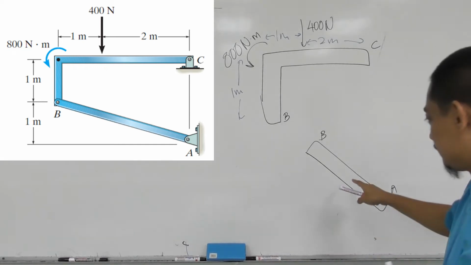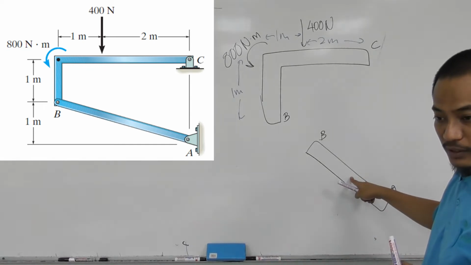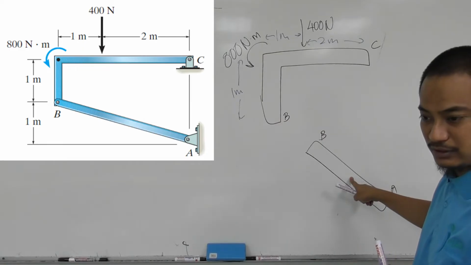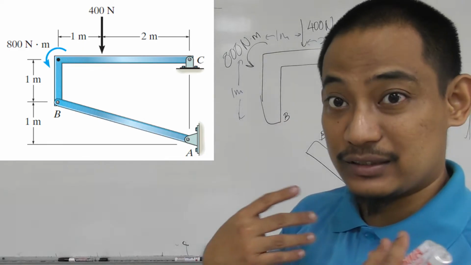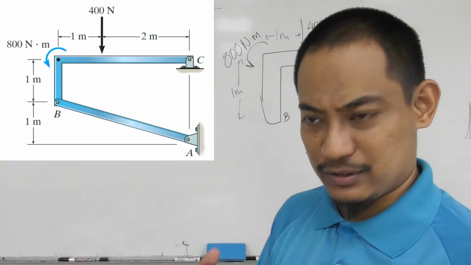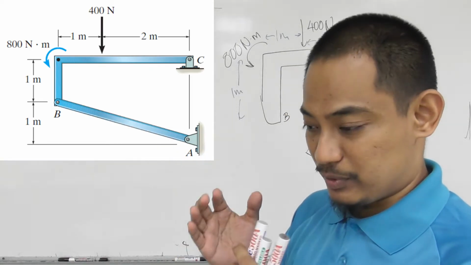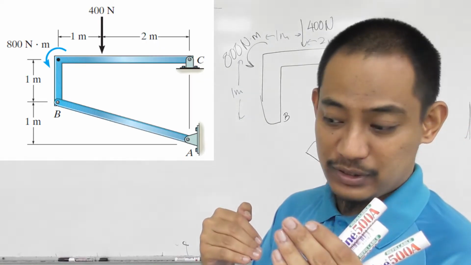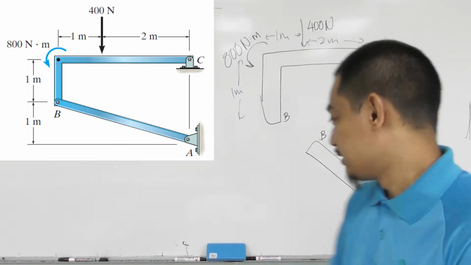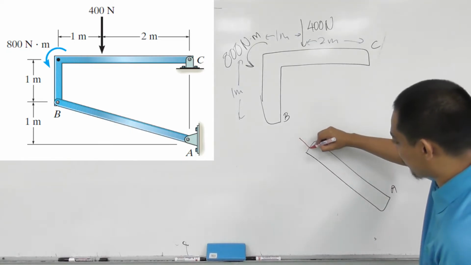So we have already identified that member AB is a two force member, right? So the question is, do you want to assume it to be under tension or under compression? Now, it is an assumption, but logically you should be able to think. From the structure, you should be able to see that it is pushing. So in that case, AB should be under compression, right? So if you assume it's under compression like this,